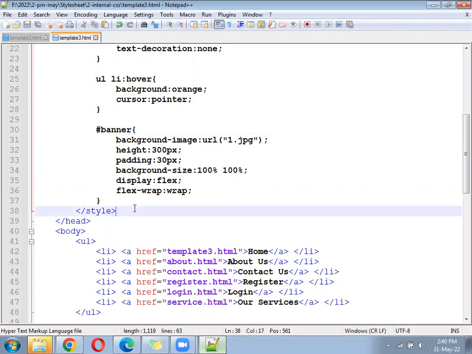You have photo in current folder. We have to keep one photo in current folder and rename as one. It should be JPG.